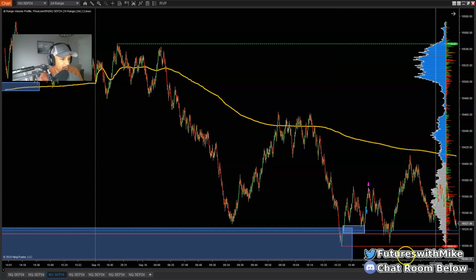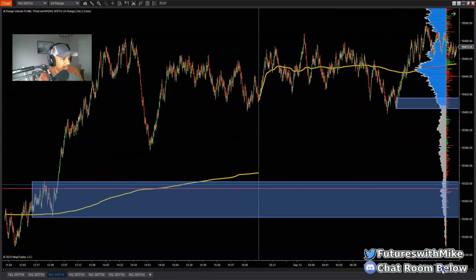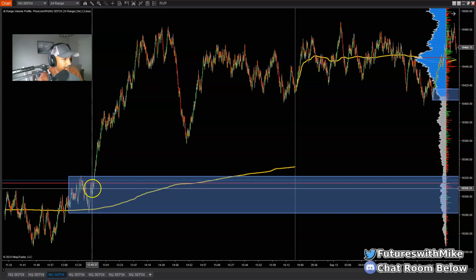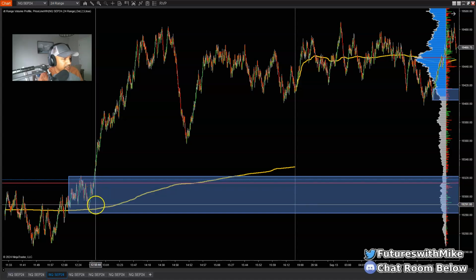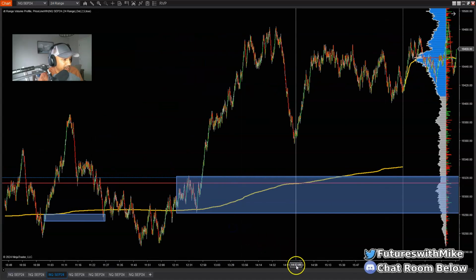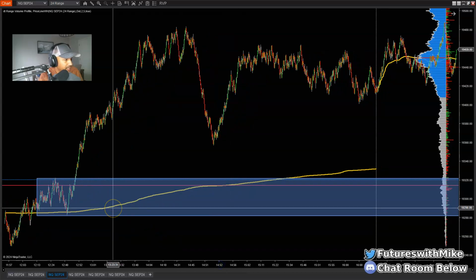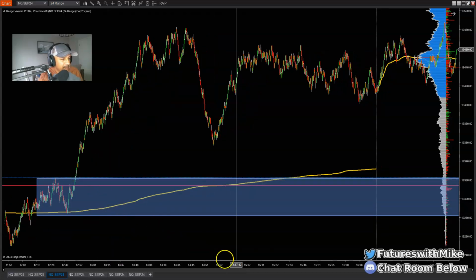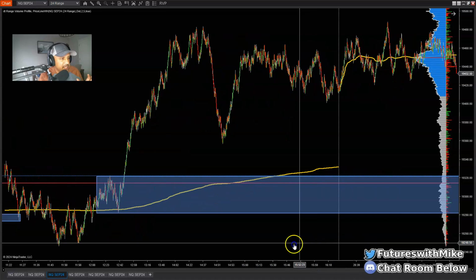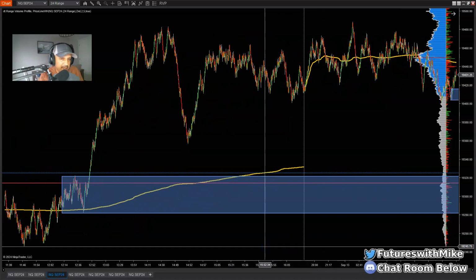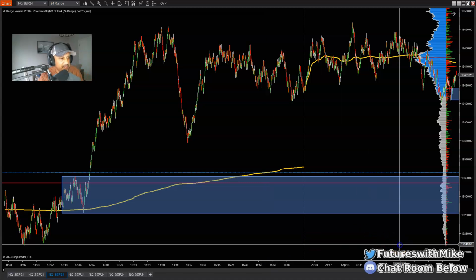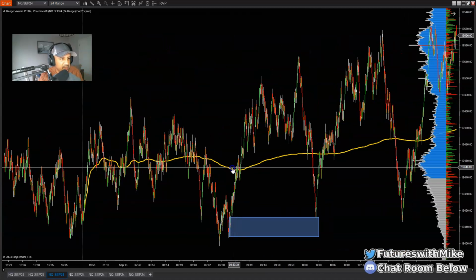Yeah. So it pushed through this small demand zone right here. Okay, it broke through it and it pushed lower. And I believe, let me see, was there a valid demand zone below? Yeah, there was one right here, but it didn't come that far down. So in this case, because we don't have a clean or valid demand zone marked up within the higher base zone, which is this larger box right here,